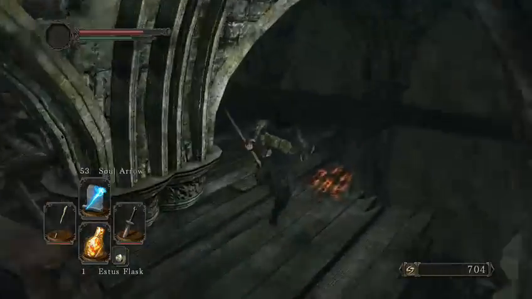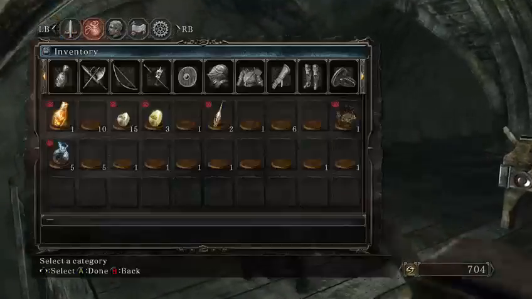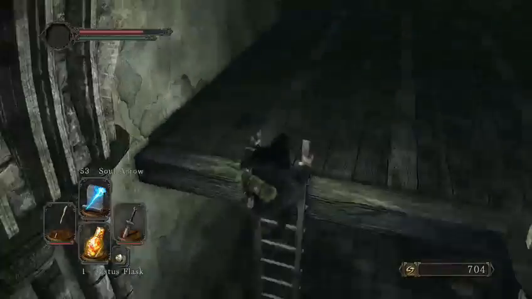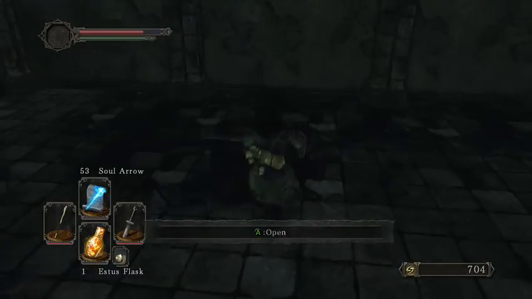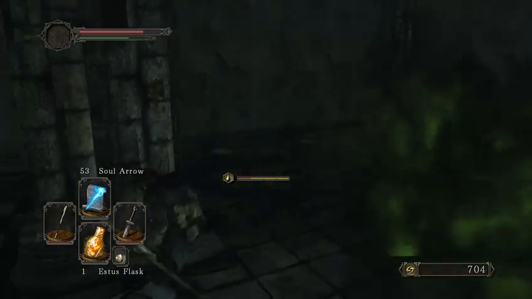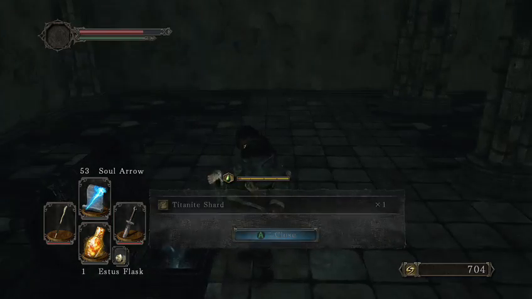I don't believe there's any items over here. Let me double check. Nope. We do not have a Pharaoh's Lockstone yet, but this is a poison chest or a trap chest, depending. Yeah, it's poison. So you're gonna want to get away from that. Grab this Titanite shard,